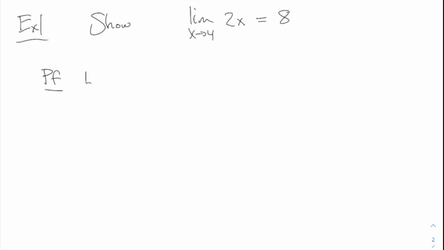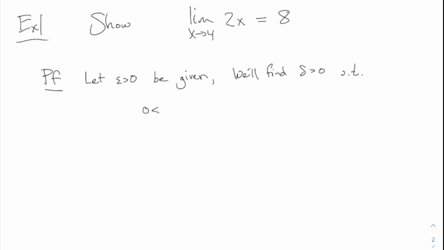So I'm going to begin by saying, let epsilon greater than 0 be given, just like for sequences. Now for sequences, I would say we will find n, a natural number, such that whatever, but this time we will find the delta. We'll find delta greater than 0. Delta is another real number, which has to be greater than 0, such that,